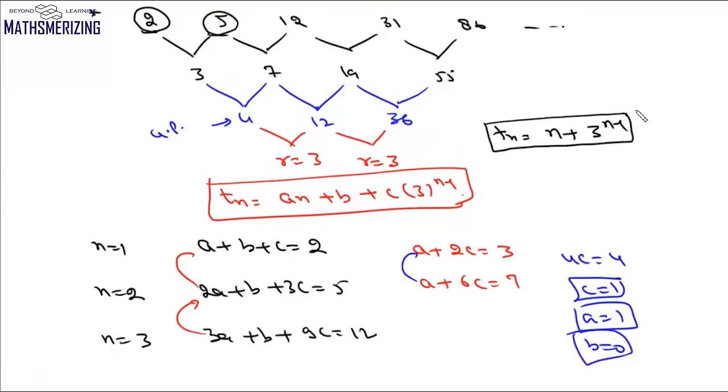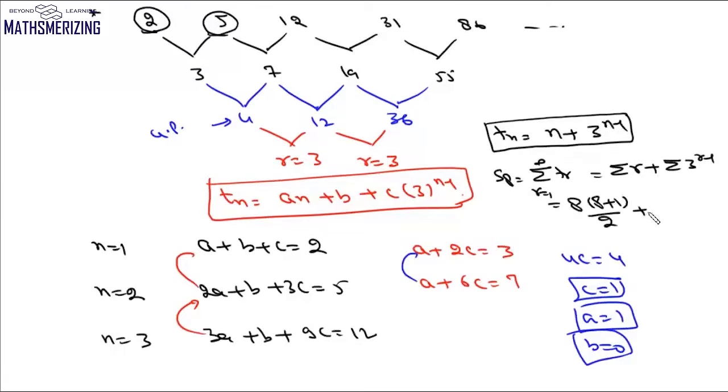Now we need to find the sum of the first 8 terms. So the sum of the first 8 terms will be the summation of T_r, r varies from 1 to 8. So it will be the summation of r and then the summation of 3 to the power of r minus 1. Now the summation of r will be n